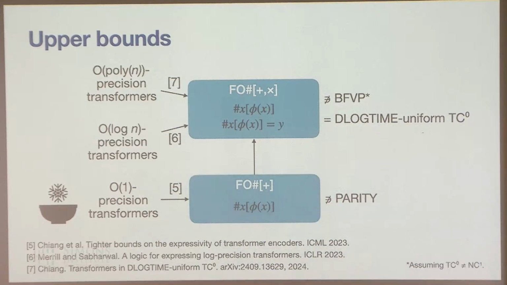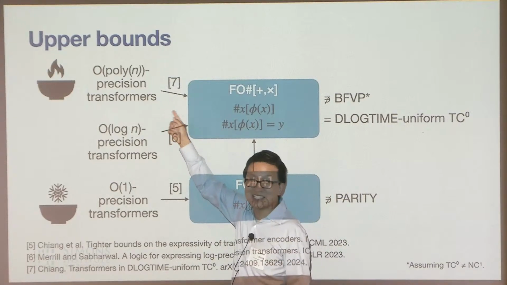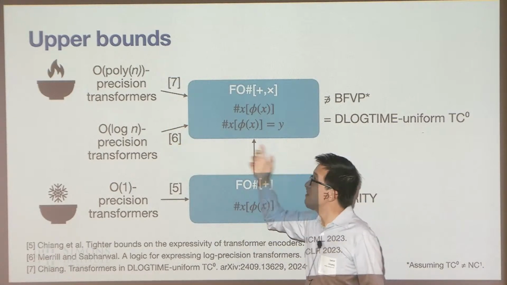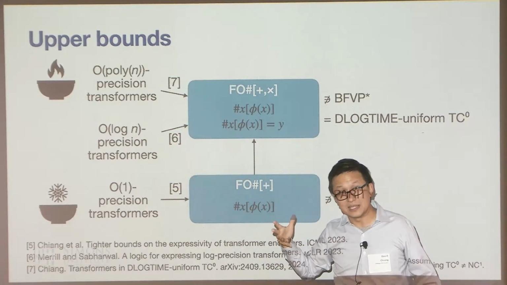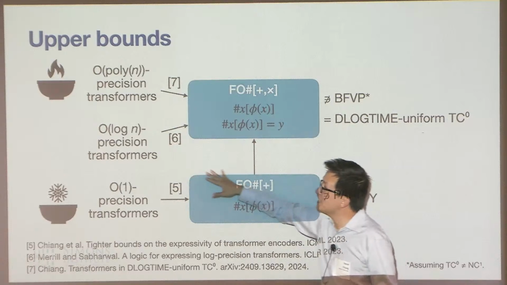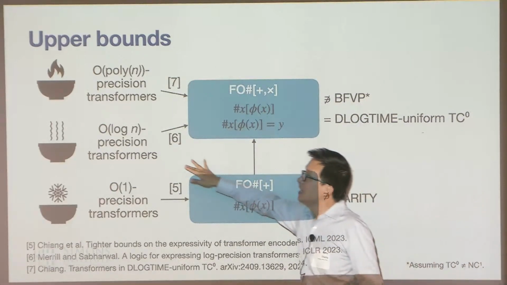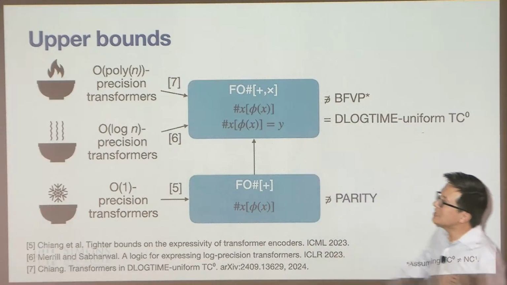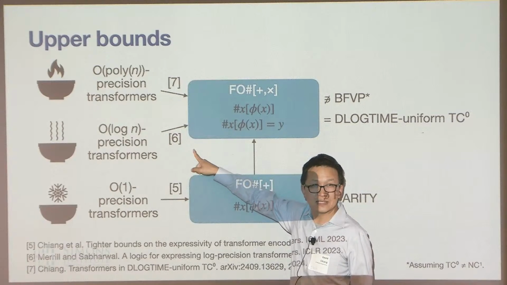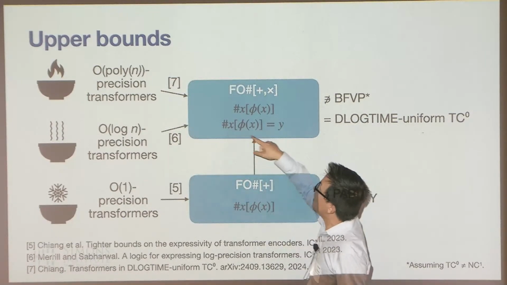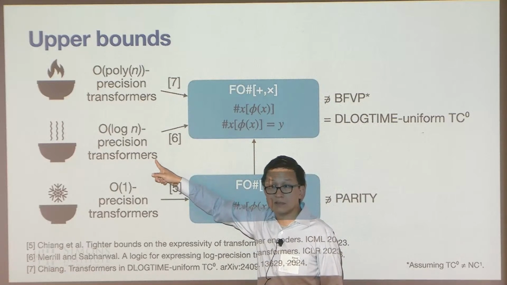On the other hand, a polynomial number of bits seems like a lot of precision, and I just can't imagine why you would want to have that much. Why would you need 1,000,000 bits in order to process a string that has 1,000,000 symbols? It seems too much, and I agree with Will's assessment that the Goldilocks level of precision is log precision. But if you look at this picture, the results that we have so far put both of these into the same complexity class. That suggests to me that there's probably something smaller than this that still contains log precision transformers. But I don't know what yet.